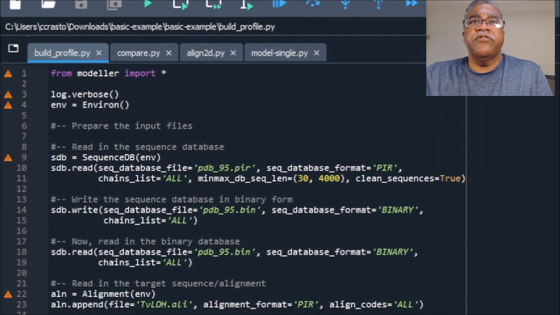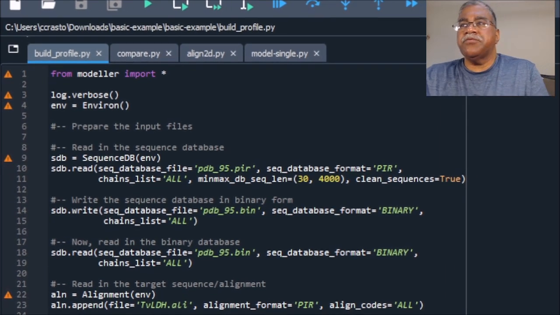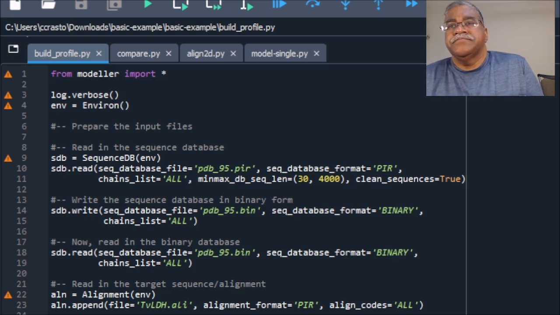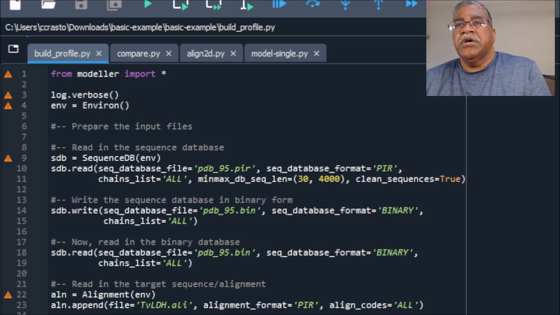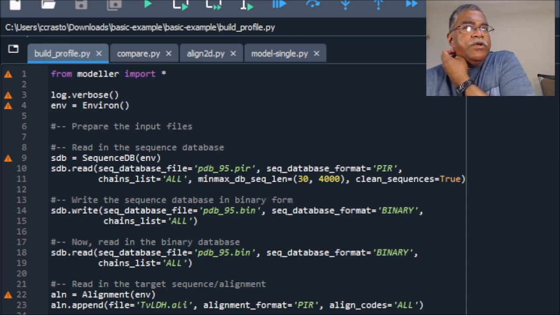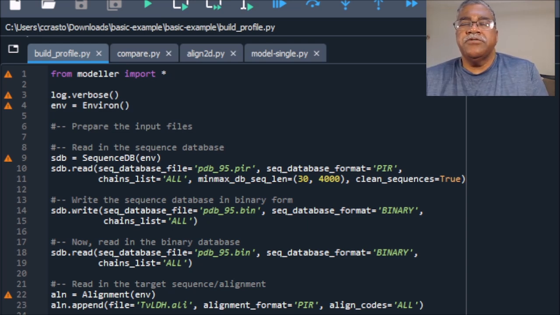Okay, go and drag and drop that file, and that's what we're going to start with. Now, once we start running that program, if anybody has any issues, we'll be able to figure it out. Okay. Everybody is in the same place now. You've got that build_profile.py file